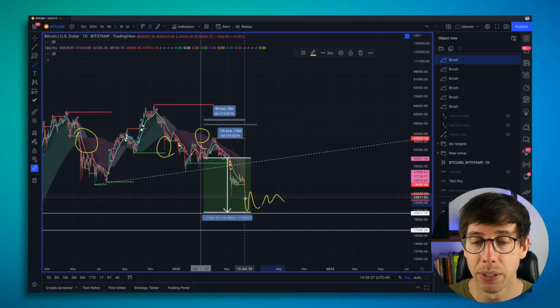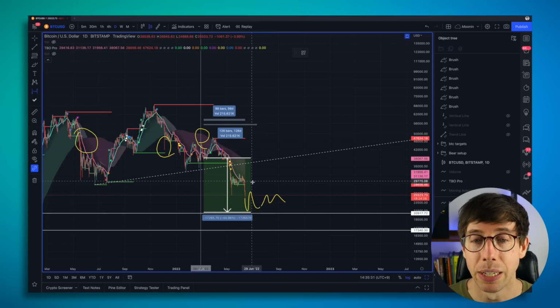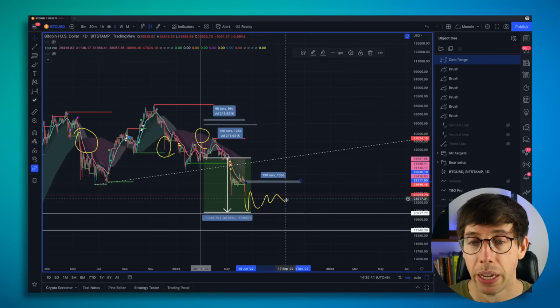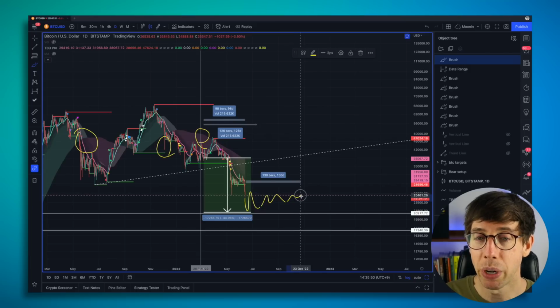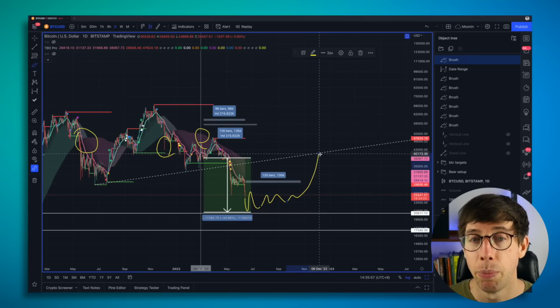So time frame wise, it makes the most sense to me to see us do this dance for another 4 months. So that would be 120 days-ish or so. So that's looking at like October. So thinking about October, doing our sideways dance, then eventually we're going to do something like this and bump against this resistance. And then finally, what's going to happen is we're going to crack against it, and we're going to start a move. And I'm expecting us to move up to 40K, maybe even up here to 48K,